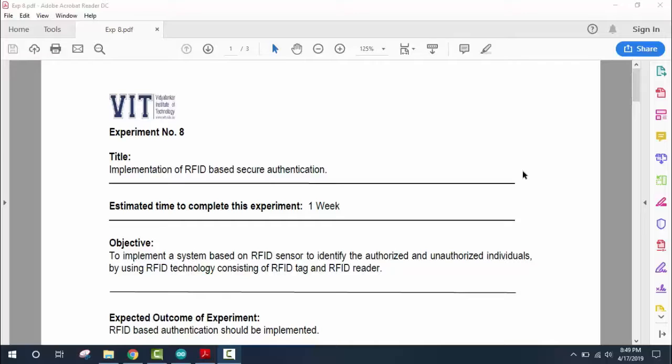It is used in corporate offices and in business or industries for a particular individual trying to access a system for secure authentication, and in colleges it is used for simple applications like an attendance system.